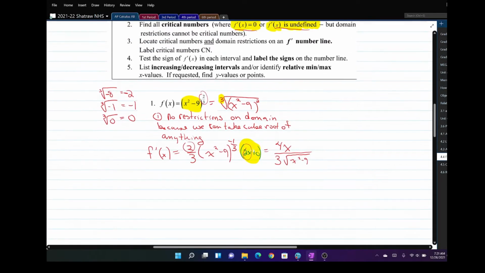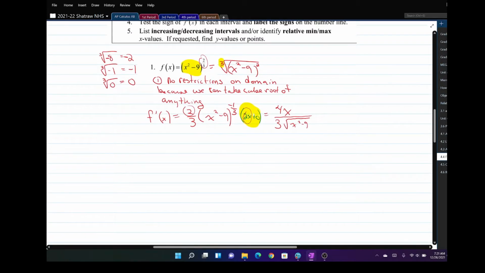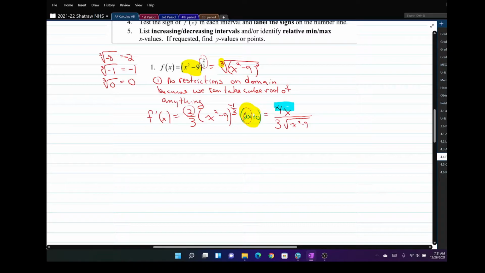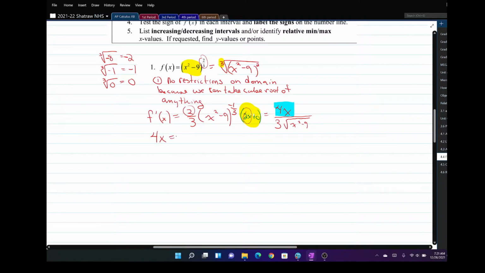Yay. How do I know when this function is undefined? I think the part where I set it equal to 0 is pretty easy. Let me do it like this. So I'm saying that on top, right here, if I say that that is equal to 0, then it doesn't matter what I get on bottom. I'll be dividing it into 0. So let me do this. 4x equals 0. Divide by 4. If x is equal to 0,